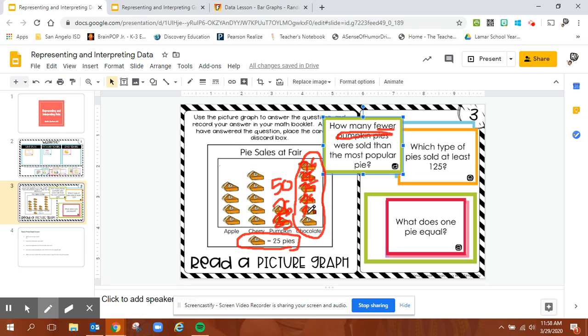And if you need to, you can use a hundreds chart to help you skip count by 25s, right? Or you can think about your quarters. So if you need to, on a piece of paper, you can do 25 plus 25 6 times. Okay, so if I added 25 plus 25 6 times, I would get 150. Okay, so now all I have to do is subtract 150